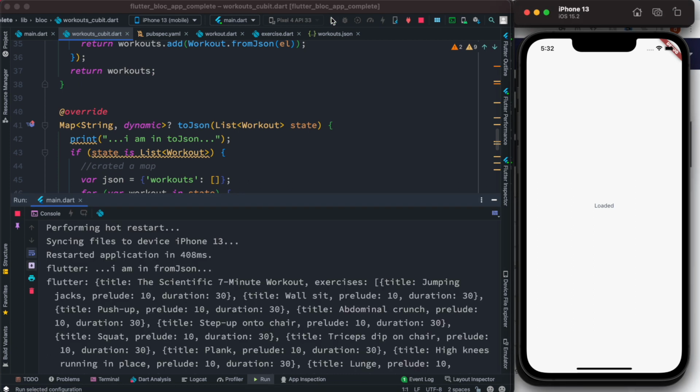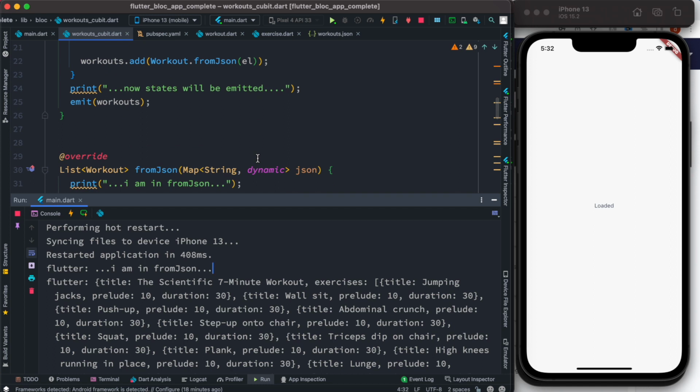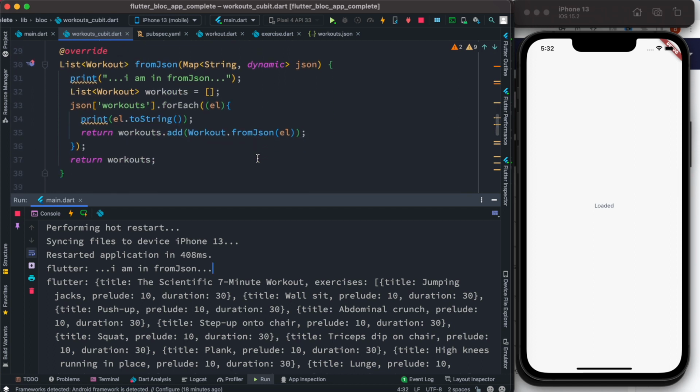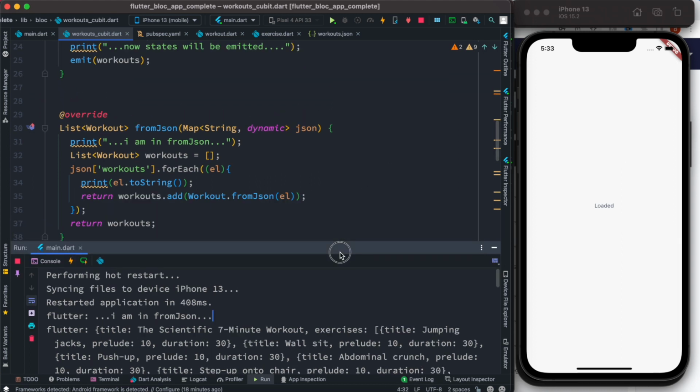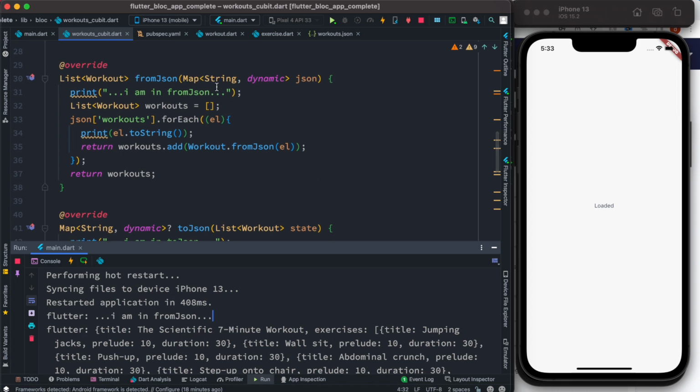So let's go ahead and restart our app. Now here we see that this time it called the fromJSON method, it didn't call toJSON, and we also see that we don't have this one. Perfect. Now why does this method get called? Because the second time you reboot your app, you definitely want to load the data you have saved in your device, because you want to show it in the UI. Of course, on our UI we don't see anything, but the idea is that once you save your data through toJSON, next time you reboot your app, the fromJSON method gets called automatically,